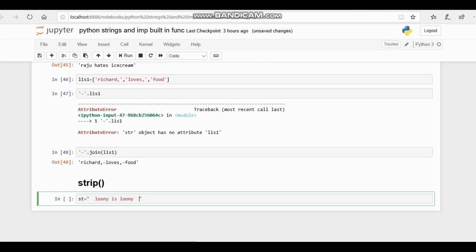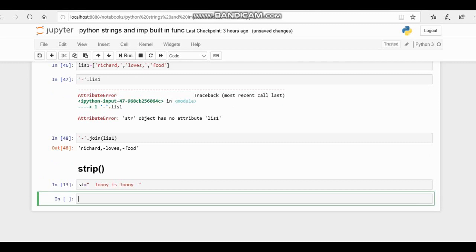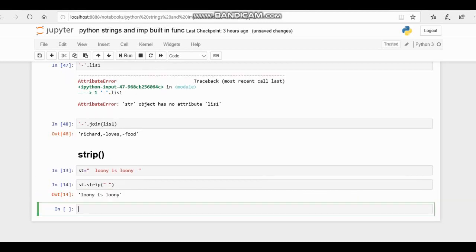I'm going to use the strip function now to remove the white spaces. Inside the parentheses you have to give what character you want to remove from the string at the right end as well as the left end. So I'm going to remove the white spaces. So the white spaces are removed and the whole string is present now.